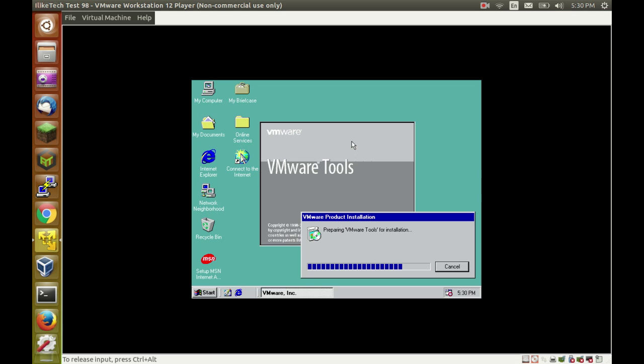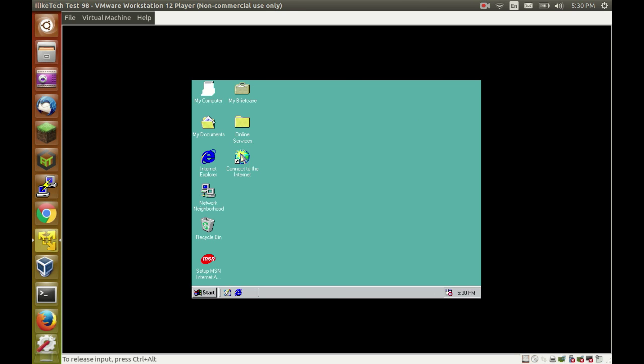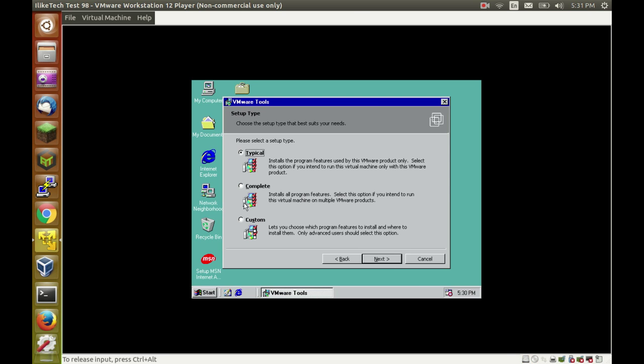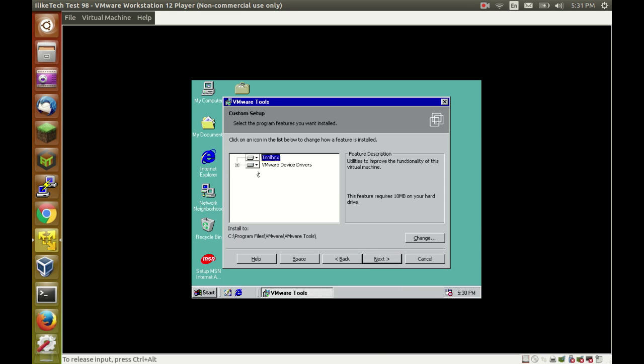VMware Tools setup will load. Now, press the Next button, and on the next screen, select Custom. Press the Next button, and